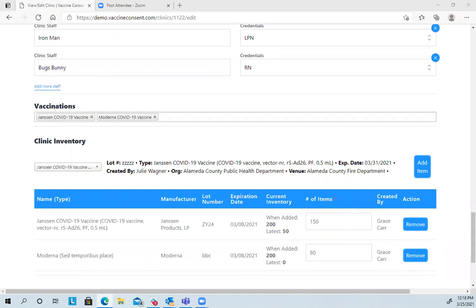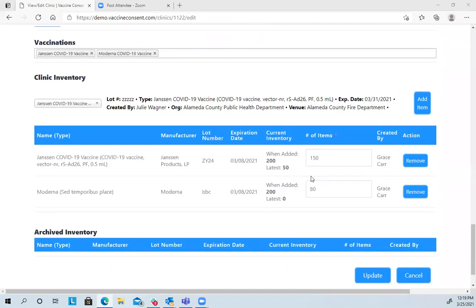If you add an extra dose in inventory management, as I noted that you could do, do you need to adjust the number of items? Well, here's where you would. If in this clinic, let's say you've used your 150 and now you find that you have a few extra doses, and so you really could go ahead and vaccinate 2 more people, 152.